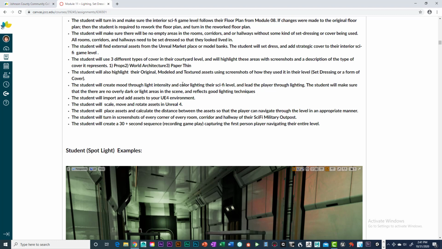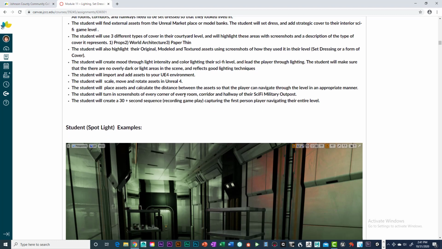You're going to create mood this time through light intensity and color of lighting. Not all lighting needs to be colored. In fact, you shouldn't do that, because part of your scenes may have lighting that's colored and some parts that are not. That really helps lead the player through your level and sets a mood for that particular room. You're going to have over 40 screenshots, because I want every corner of the room,